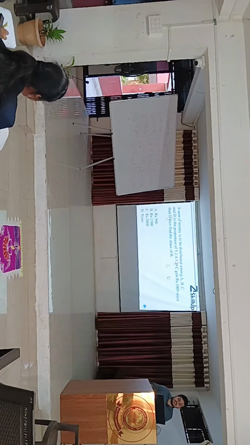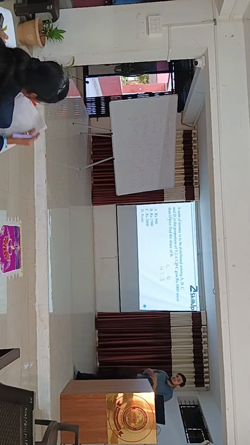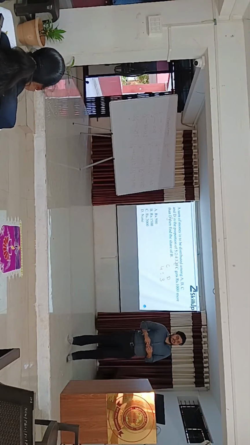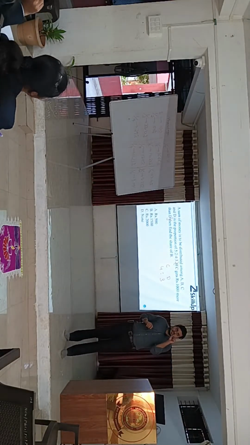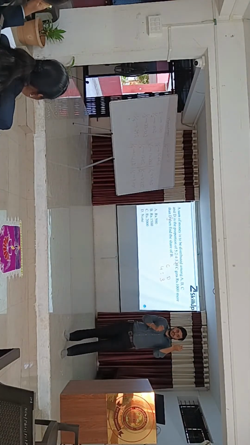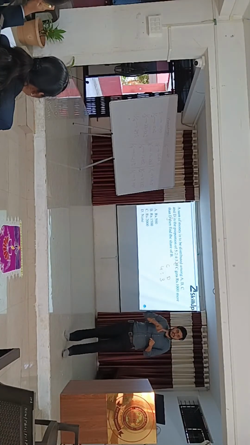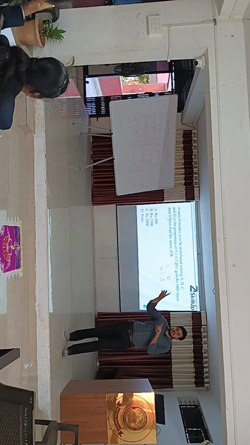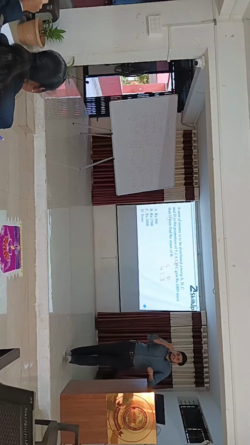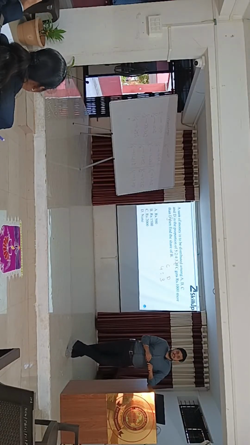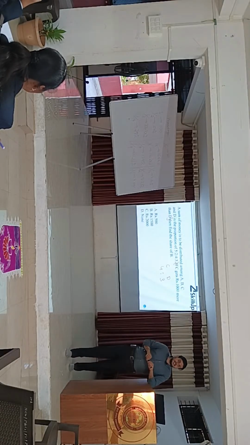If C gets 1000 more than D. C and D ratio is 4 is to 3. Who is getting more? Who is getting less? If C is getting more, how much more did he get than D? 1. That one part is how much in the question? How much he got more in terms of rupees? 1000 rupees he got extra. But in terms of ratio,